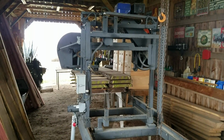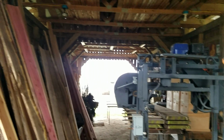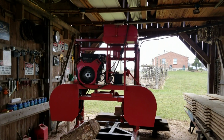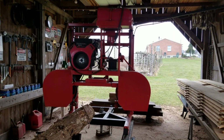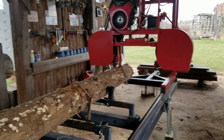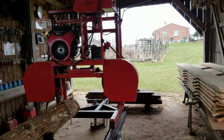This one here was the original one. I built it. It's got a Harbor Freight 11 horsepower motor, and it does a fine job. That's what sawed up all the lumber for this shed. About 2 years ago, I switched over and built this one here with a Honda 20 horsepower motor, and it does a good job. Both of them. The other one still works. It's still on the same track. All I got to do is just hook up the electric, because it raises up and down and powers through the log with a variable rate